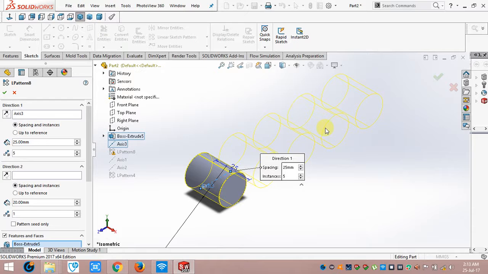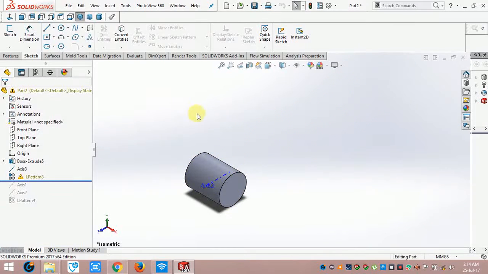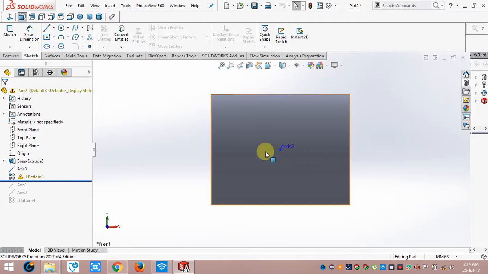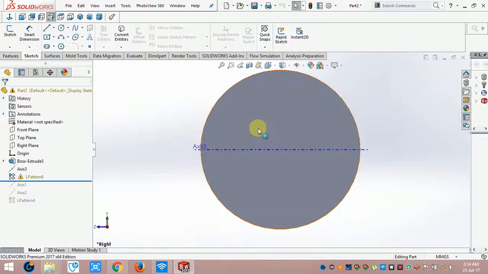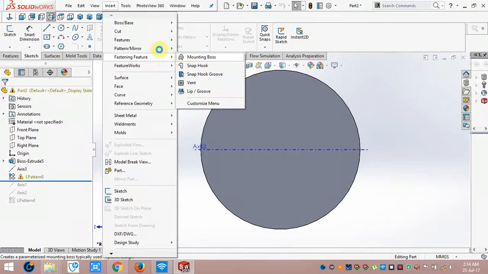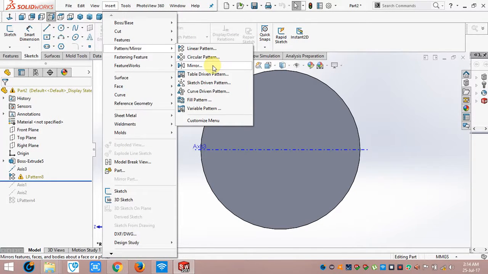So thank you all, and maybe in the next tutorial video we will discuss another feature of the pattern and mirror option, which is the circular pattern, and then we will move on to the mirror, and we have pretty much more pattern options like table driven pattern, sketch driven, curve driven, field pattern, variable pattern, and etc. So I will just try to cover up to at least the basic pattern options, so that we can make some basic